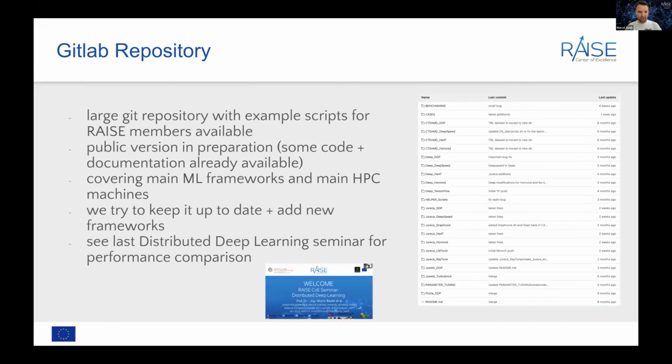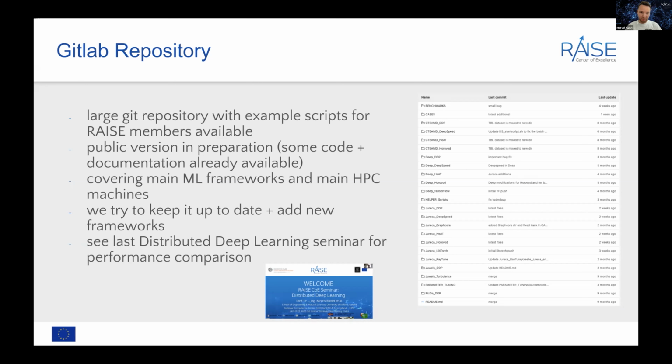The GitLab repository covers all these main machine learning frameworks and all these main HPC machines. When you take a look at the screenshot, we see the AMD machine in Barcelona, the DEEP machine in Jülich, and of course also the Eureka and JUWELS machines here in Jülich.